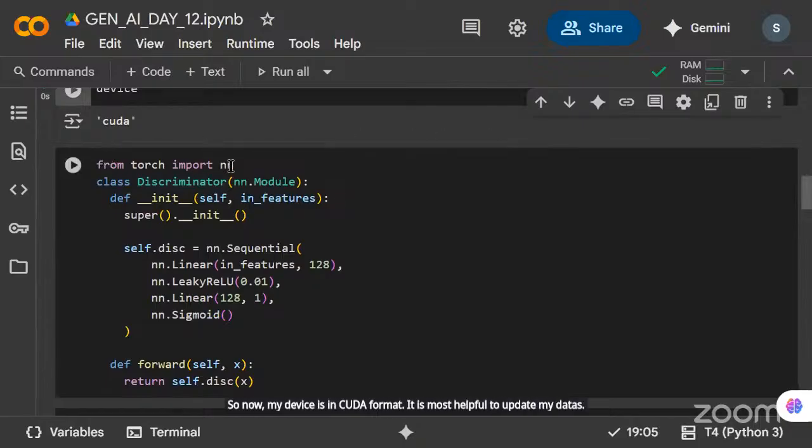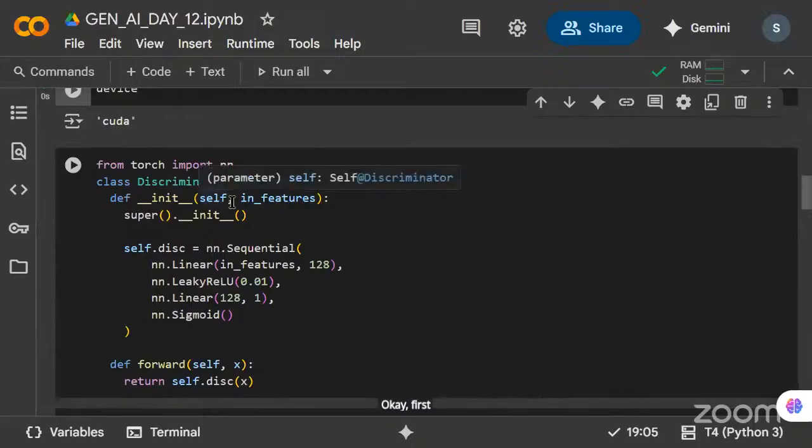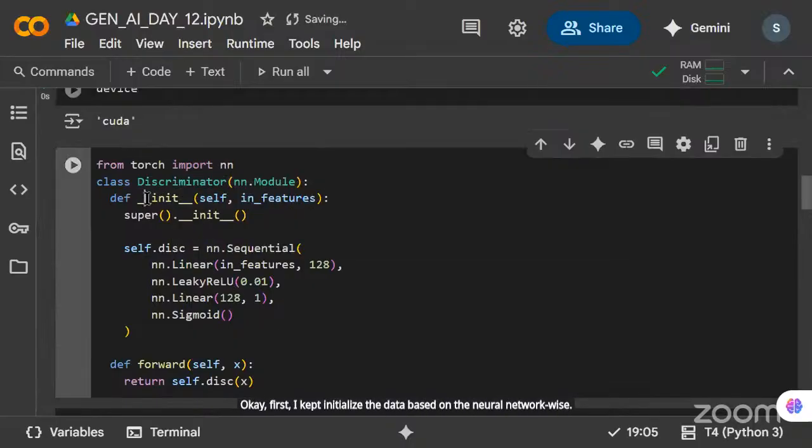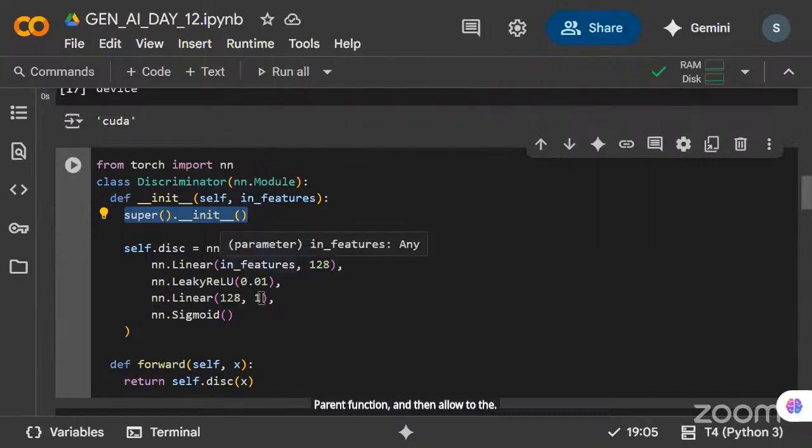So next I will implement torch's neural network format. First we create a discriminator to initialize the data. First I have to initialize the data in the neural network way. So init is a parent function. This parent function has a child function also. So every piece of data will be passed into the parent function and then allowed to the child function. Okay. Then self.discriminator is a sequential layer, starting with a linear